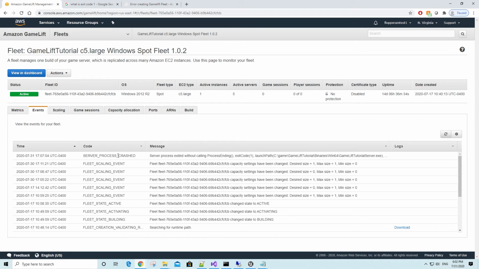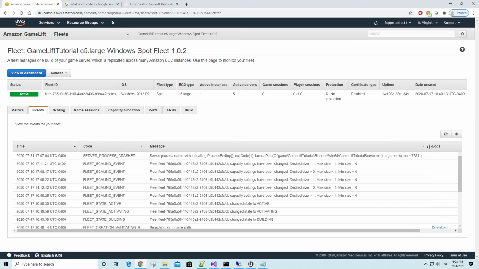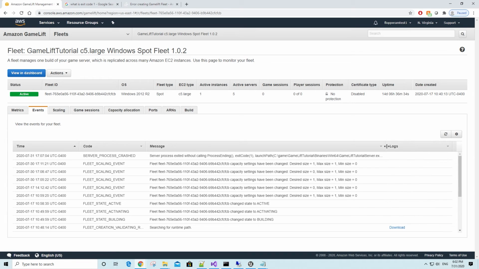You'll notice that the latest event for us is of code server process crashed, and the message, if you hover over it to see the full message, says server process exited without calling process ending, exit code 1. It also gives the launch path and the arguments, so you know that this was the process running on port 7781, the instance ID, the public IP, and the game session ID. You can also expand this message column if you want to see more information that way, but either way is fine. So yeah, this event occurred because